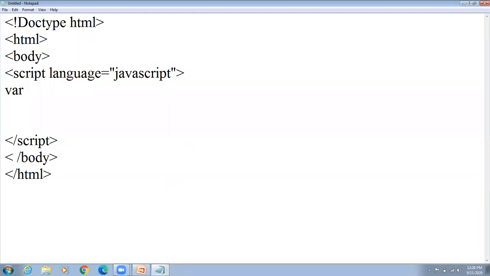Rule 1 is it must start with alphabets, and the rest can be a combination of numbers. That is the first rule. Means if I use A1, it is valid. But if I use 1E, it is invalid, because the variable must start with alphabets. So I have used the variable A. And at the end of the variable declaration, you have to put the semicolon.